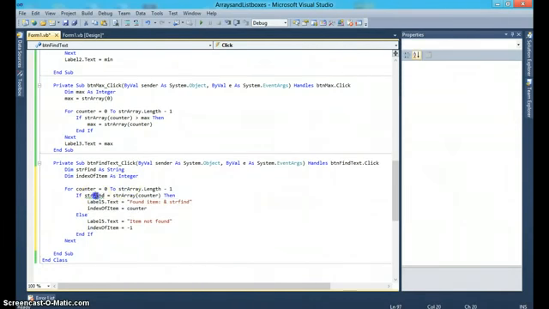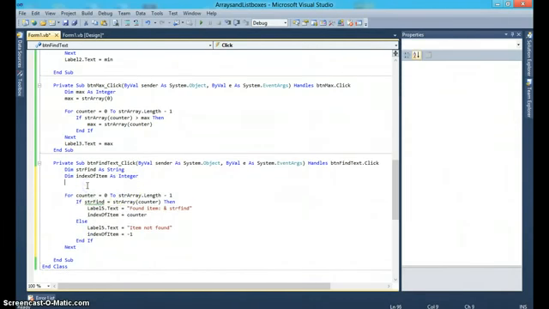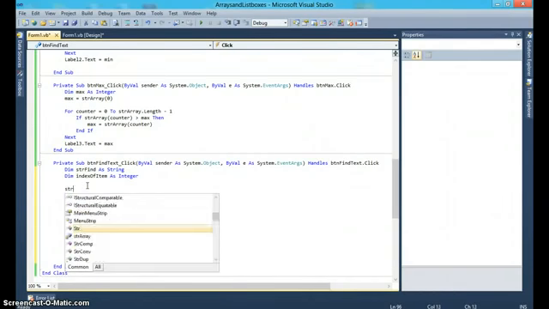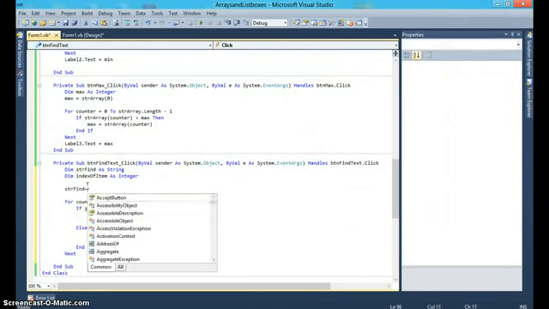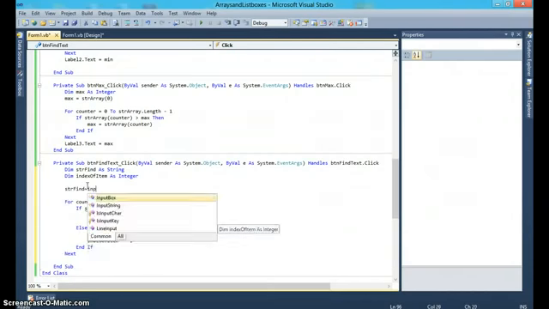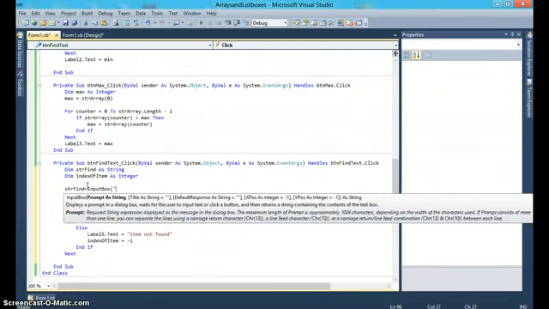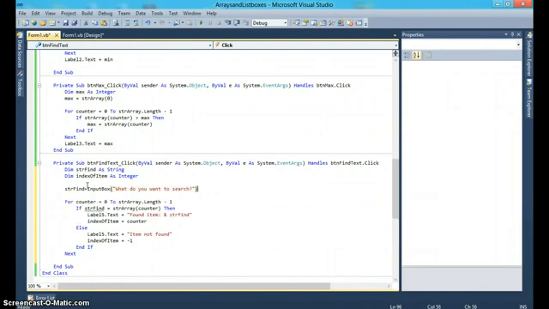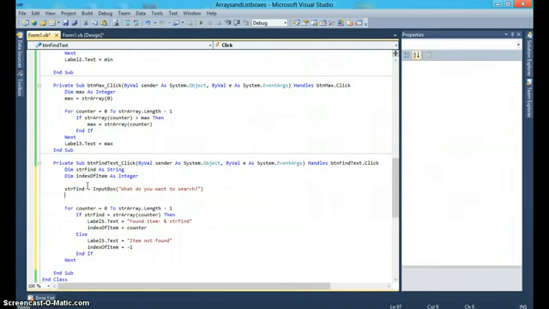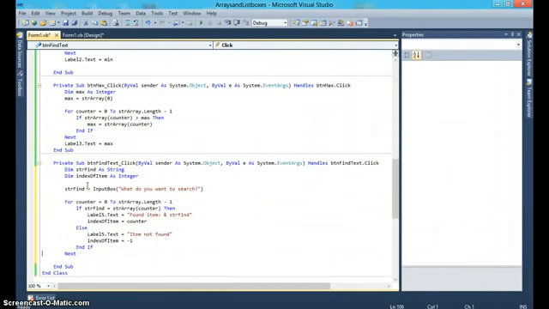Now right now we are not storing anything in str find. We need an input box to store that. Str find is equal to input box, what do you want to search? And then finally,